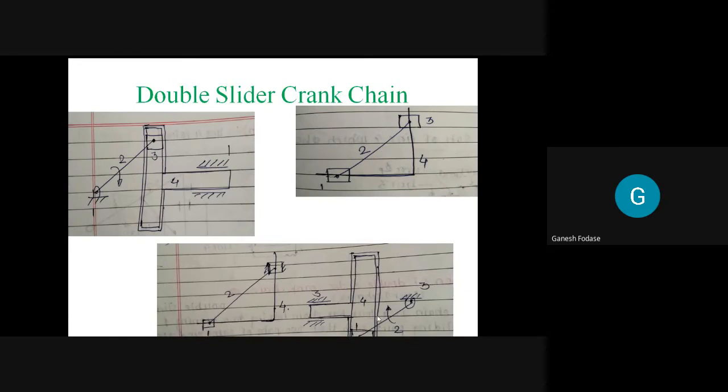In this case, third inversion, which two are prismatic, which two are turning? 2 and 3, 1 and 2 are turning. Okay. And 2 and 1 are turning. Okay. And prismatic? 4 and 1 and 3 and 4. Very good. Okay. So I hope you understand the basic working.